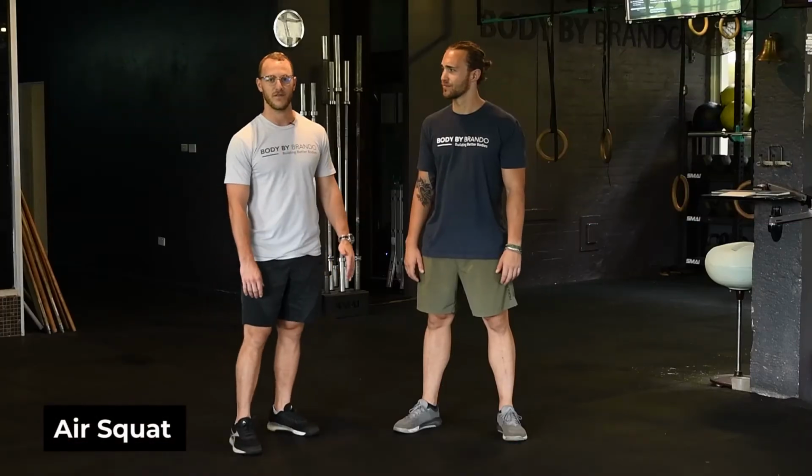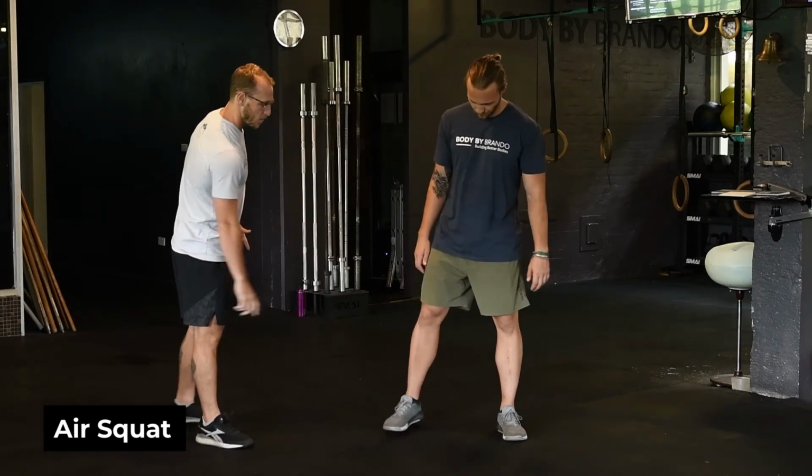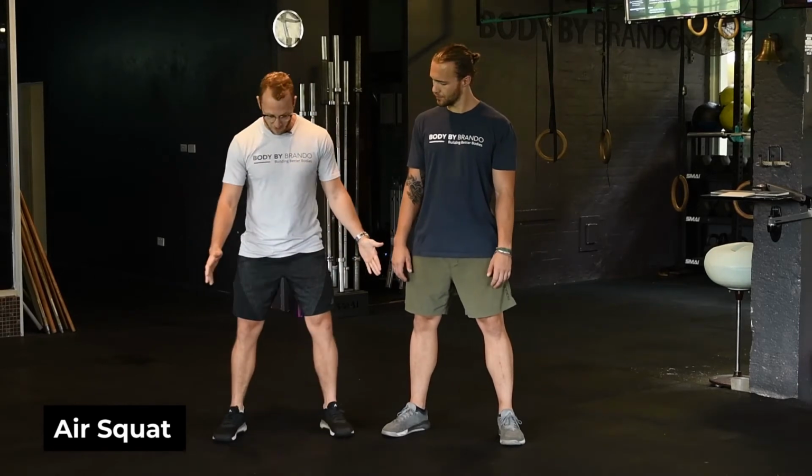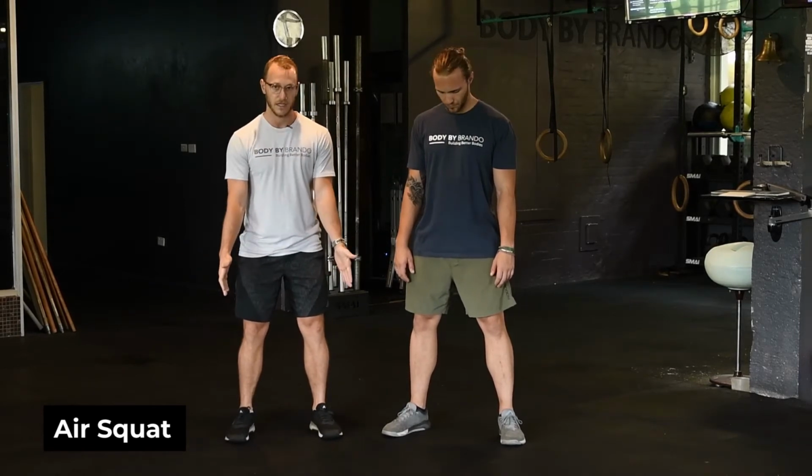The air squat is the most fundamental movement we have. So we're going to go through the what, the why, the how, and the most common problems that we see when air squatting. We're going to set up with our feet hip width apart. Depending on how long your legs are might determine how far apart your feet go, but essentially underneath your hips